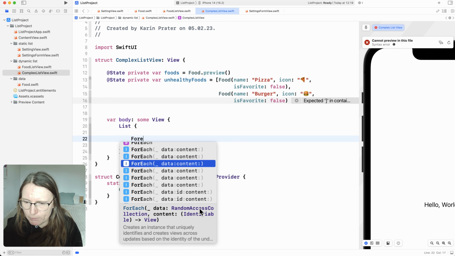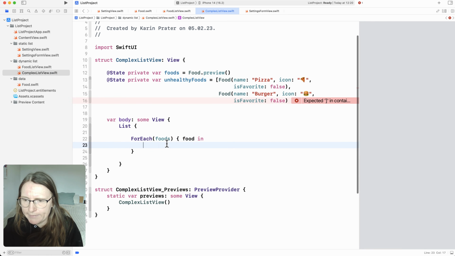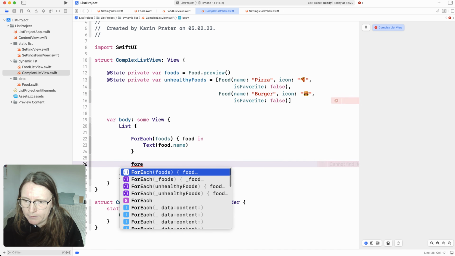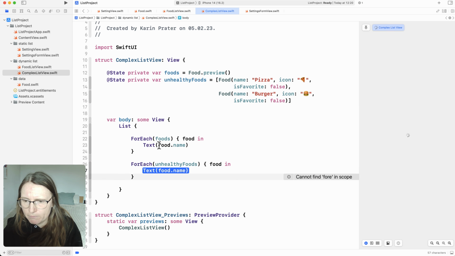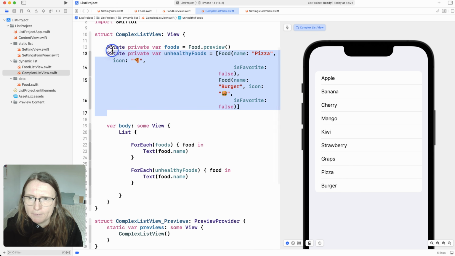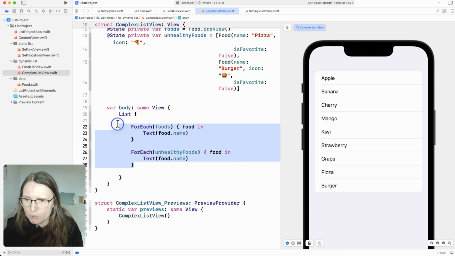And again, here is my random access collection initializer. So I use food, and I can use text here with the food's name. And I'm adding another for each for my unhealthy foods, again showing the food's name. And now I have both of these arrays in one section, in one list. You can add multiple of these for each, but you can also combine dynamic data, like our foods here,